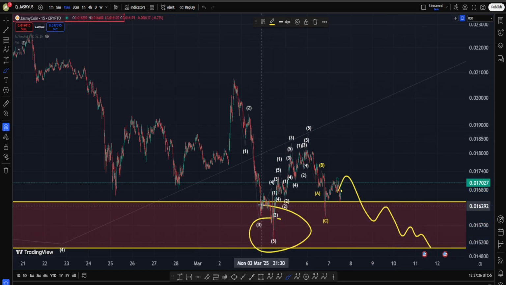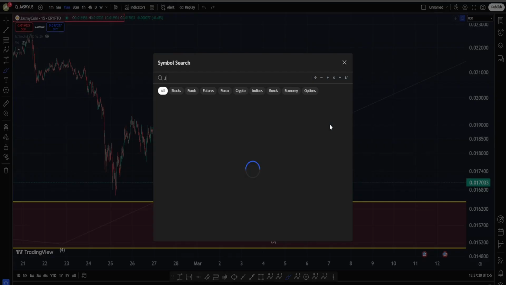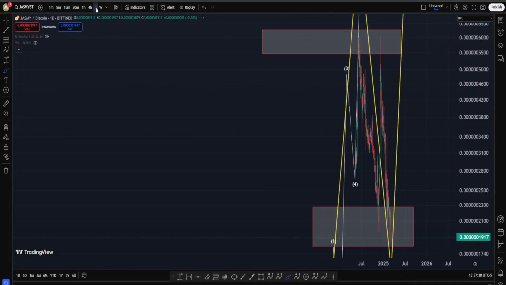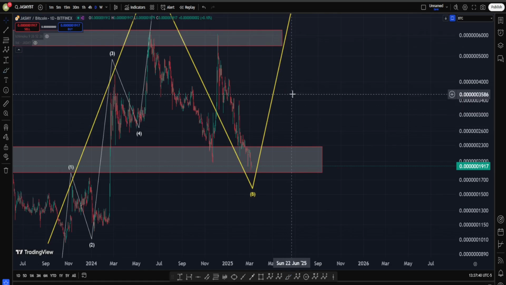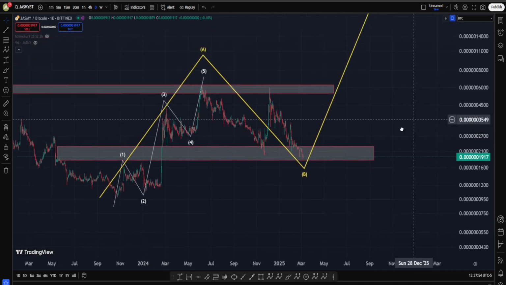Now, what happens if we get, for example, something like this, a move down in order to take this low? Taking this low to me doesn't really matter a whole lot. What really matters, we talked about this subject before, is what's going to happen to this chart, JasmyCoin relative to Bitcoin. And as long as in this chart, we are not having a break of this unbelievably important support area from weekly and daily time frame at the same time,